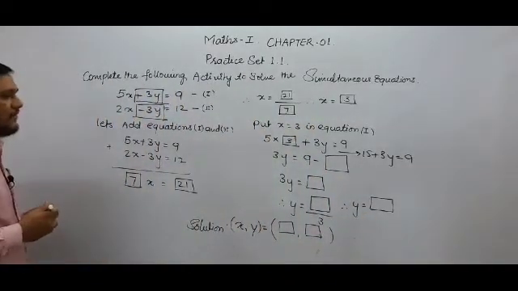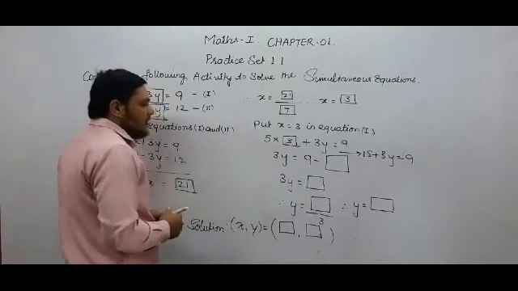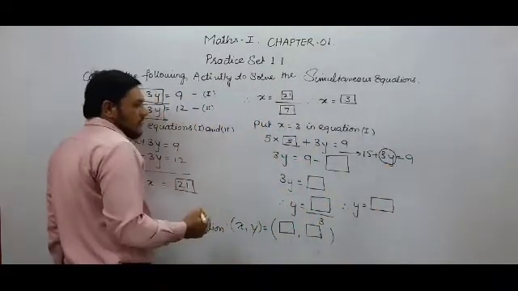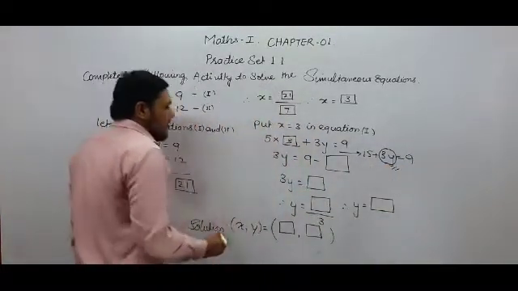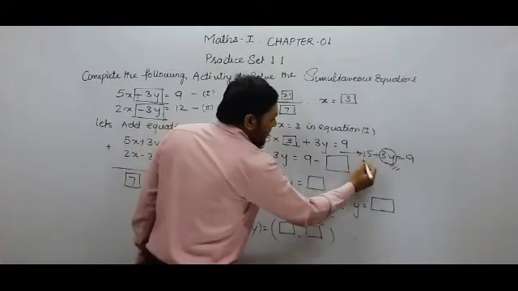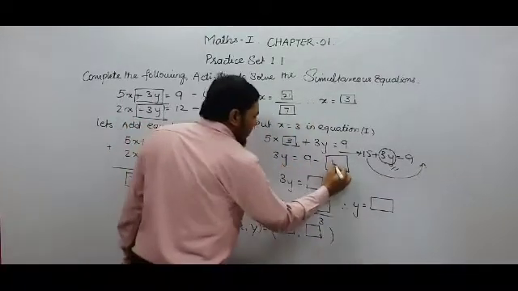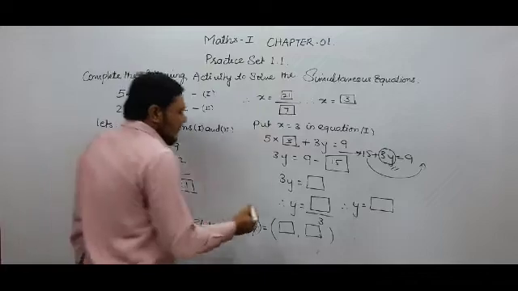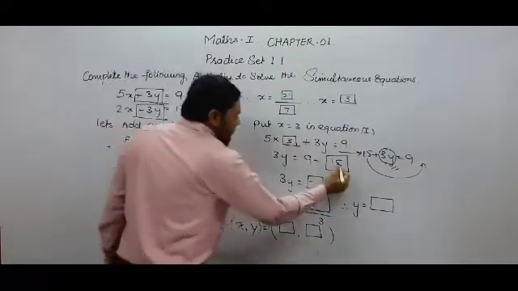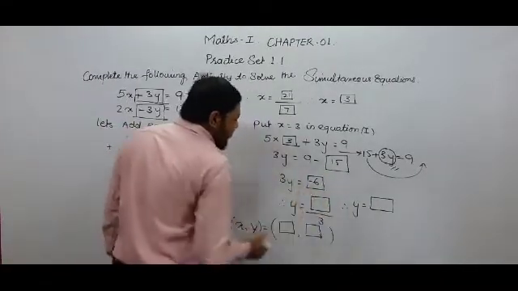Now we got the equation 15 plus 3y equals 9. From this equation we can solve it. We are interested in the positive 3y term because we have to find the value of y. So 3y will be equal to 9 minus 15, since the positive 15 goes to the right-hand side as negative 15. Here the greater number has a negative sign, so we give a negative sign to the answer. 15 minus 9 is 6, so the equation becomes 3y equals negative 6.